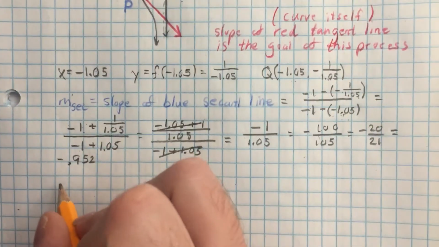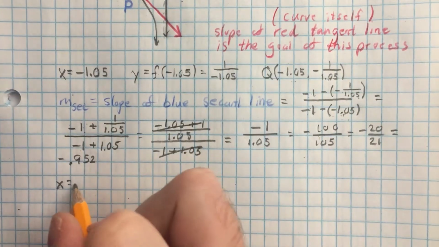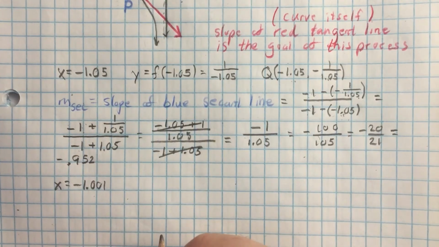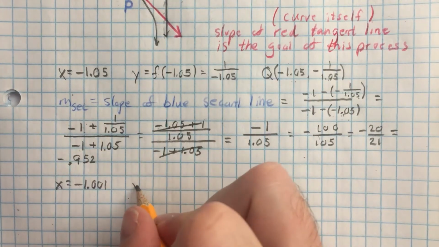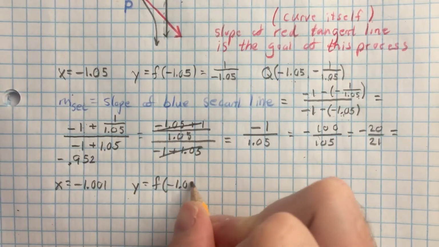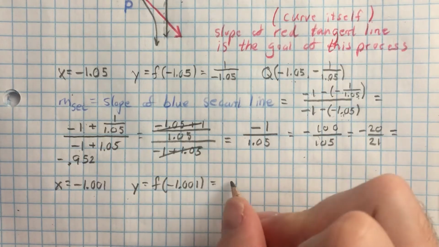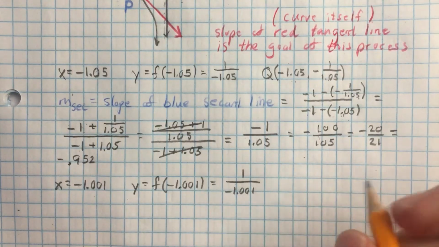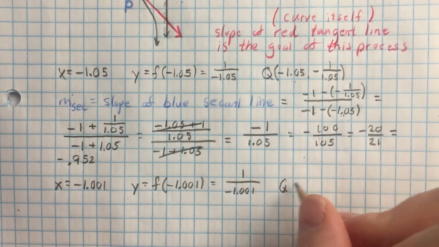All right, so now x is going to be negative 1.001. I'm just going to jump to the fourth one to get to the conclusion here. We should be able to see the trend after that, hopefully. So y is going to be f of negative 1.001, which will be, of course, 1 over negative 1.001, because I'm on the reciprocal function. So therefore, the point Q